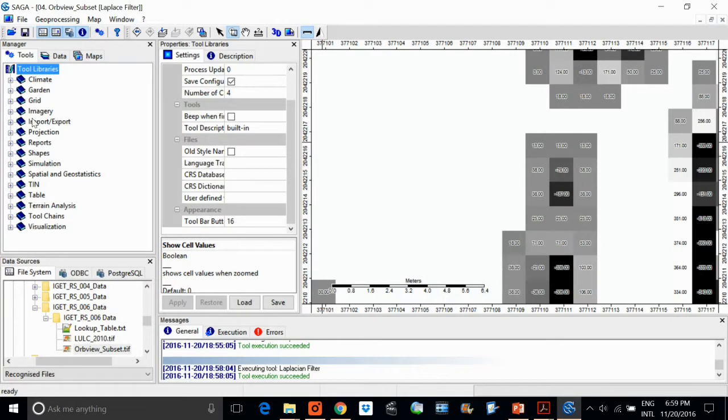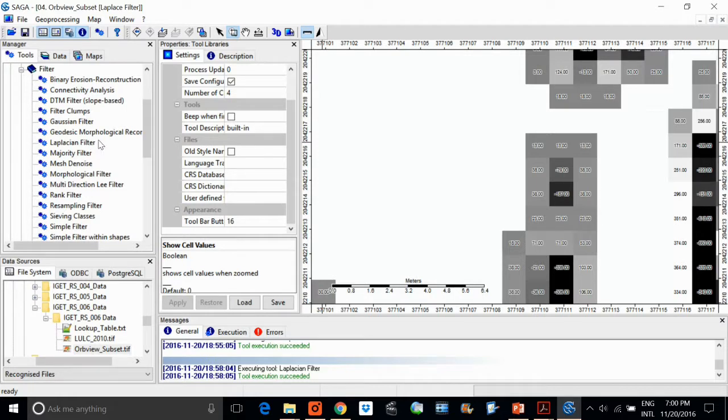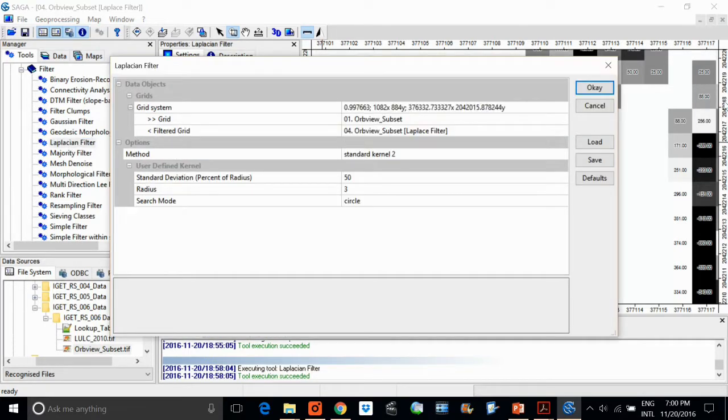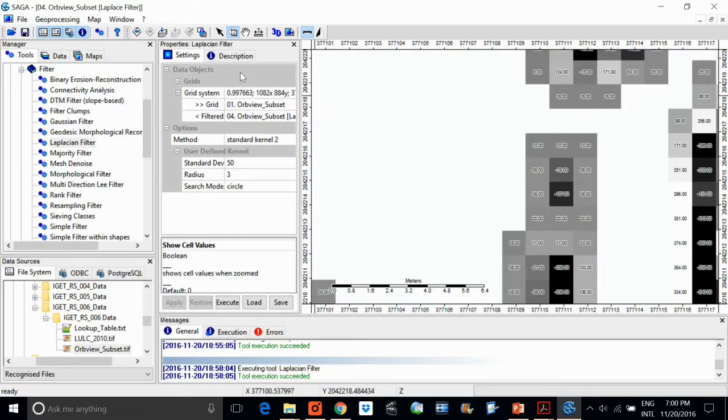You can go to these filters, where you can find the filters. For that, you go to this grid. In this you will find filter, and search for Laplacian filter, this Laplacian filter module from the module tab, and select the description tab. Just select the description tab.